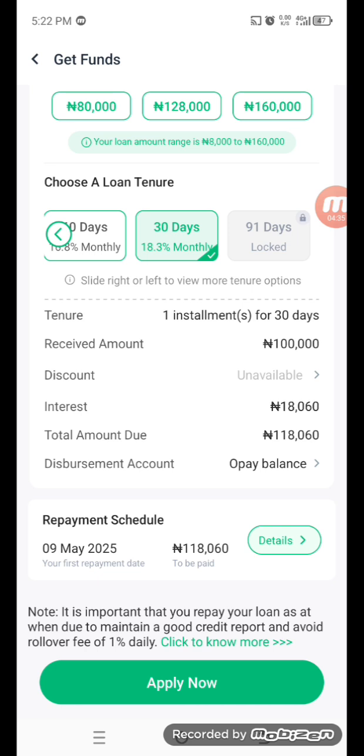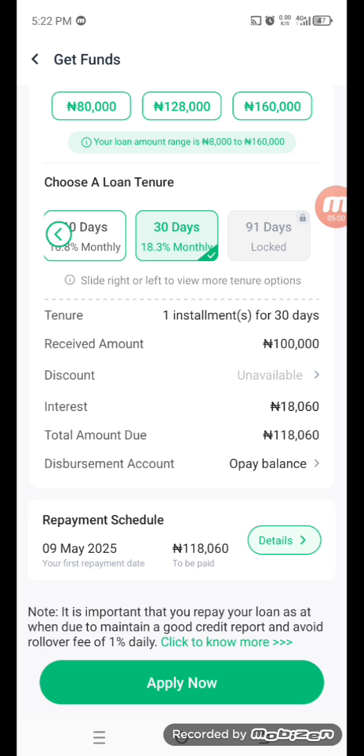So you understand now. So the longer the duration, the higher the interest you are going to pay. You understand? The rationale behind that is that if I lend you money, and you are keeping it for a long time, you should be able to pay me something that will satisfy me. That is why they are increasing it. But if I'm just to borrow a quick loan, it's just for 1 month, then I'm going to pay them 18,000 naira